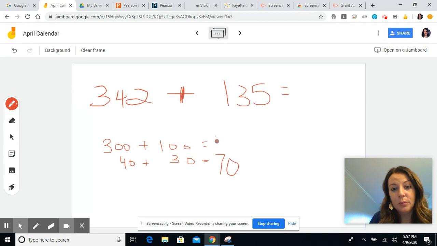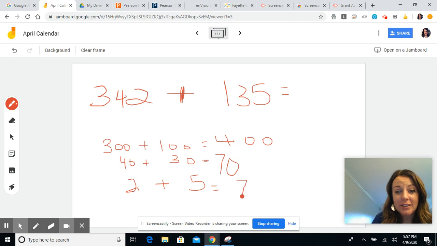Up here, 300 plus 100 is 400. And 2 plus 5. You know 2 plus 5 is 7. So if I put all of these together, 400 plus 70 plus 7 equals 477. Got it? Okay, we're going to do one more, and I'm going to use a number line